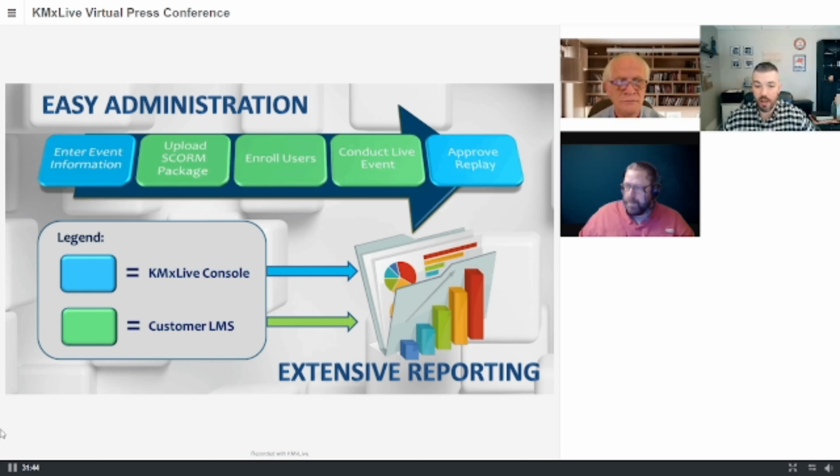Creating a new event is really easy, and we use a top-down style approach, which organizes event entries in a simple fashion, and that's just to make sure that users can get up and running in a short amount of time. So to create an event, you'd first enter some primary event information, such as your start and end date, title, and a description. Then you'll select one of the rooms that I discussed on the previous slide, and then you can add any content you'd like to push during your event.